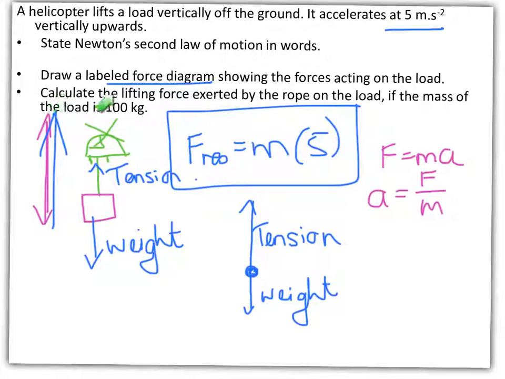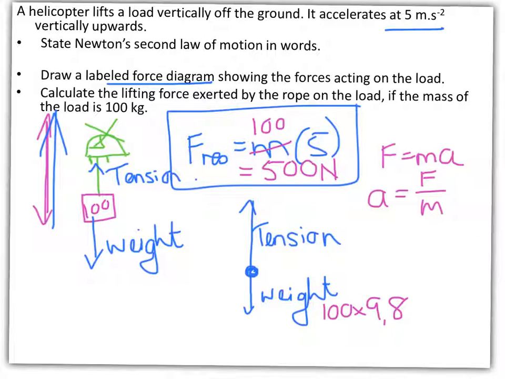Now it asks me to calculate the lifting force exerted by the rope. The lifting force of the rope is the tension in the rope. If the mass of the load is 100 kilograms, so they've given me a bit more information, which is great because remember we wanted that mass at some point over here. And we find that the resultant force is 500 newtons. But that's the result of the tension and the weight. Don't forget, the weight is acting down, and it is 100 times 9,8. So we know that the downward force is